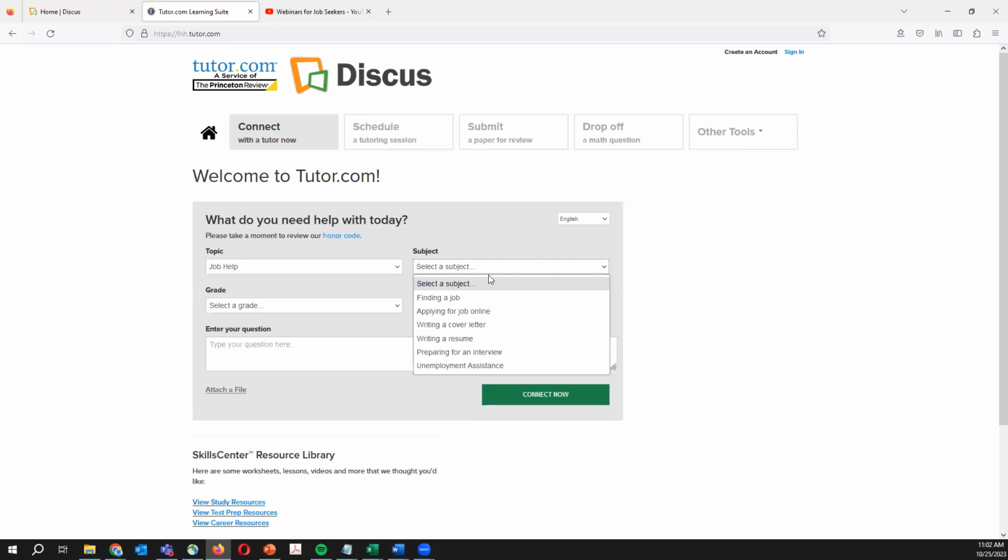So, to go over what you can expect if you had one of these sessions, finding a job would just be talking about the different web boards that you can check, like Indeed, to find different jobs that might be a fit for you and walking through that process, the filtering process, and what that looks like. Applying for a job online will connect you to one of our career specialists, and you can talk about